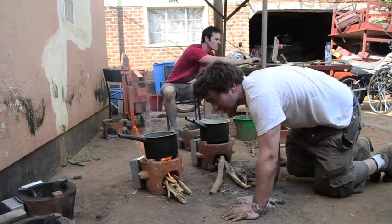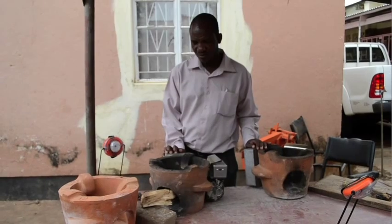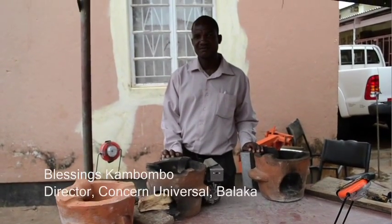There's Seamus. Look at that for a fire. That's how to light a fire. You know, this is a study